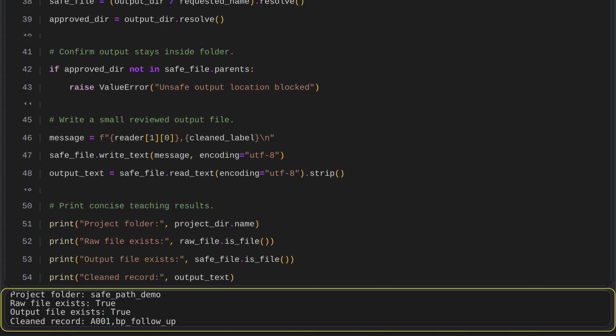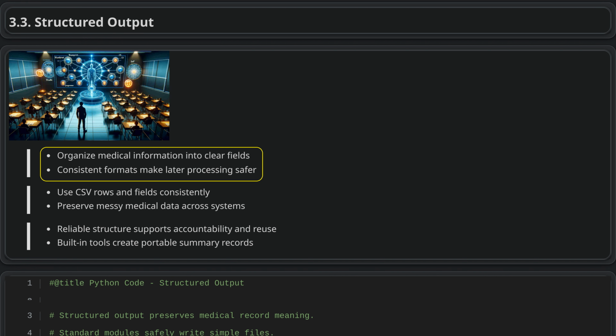Structured output. Structured output gives each piece of data a clear place and meaning, making information easier for both people and systems to use. In medical data, this consistency is especially important because small formatting differences can cause confusion when information is shared. Using standard tools to organize fields like patient identifiers and medication details makes later processing safer, clearer, and more